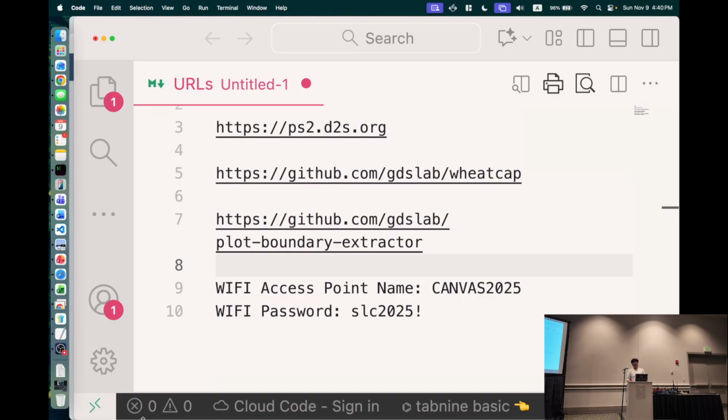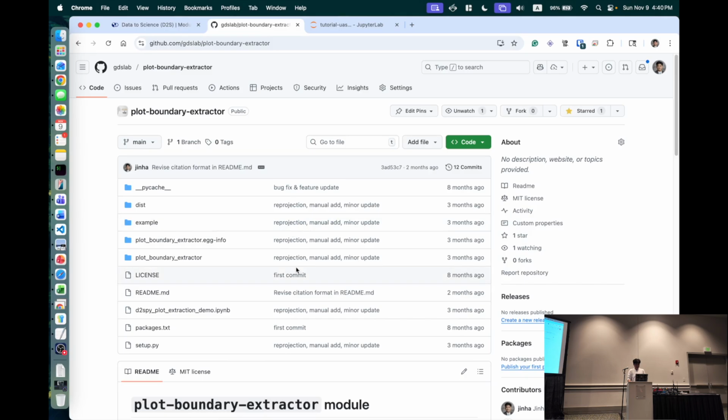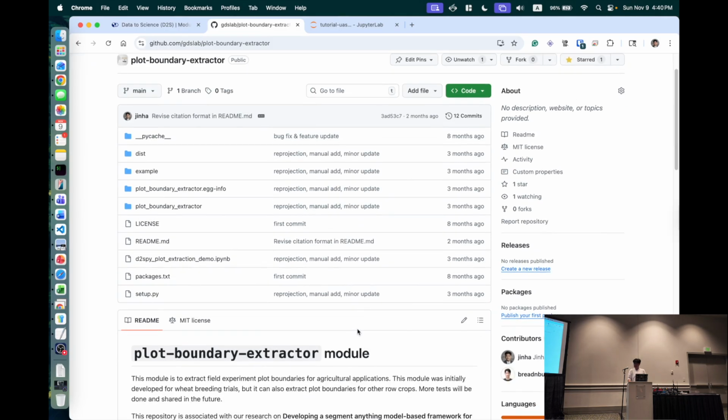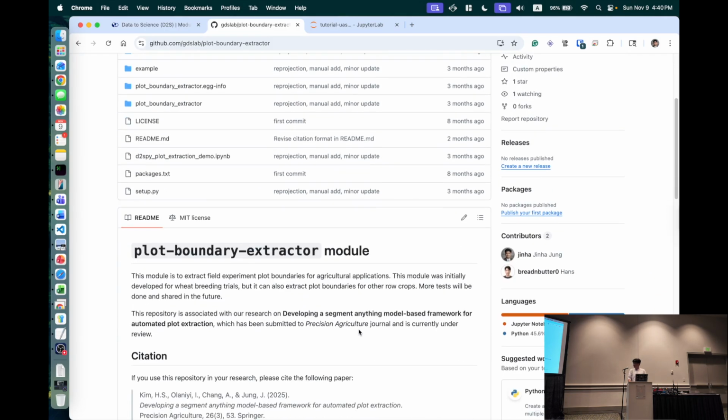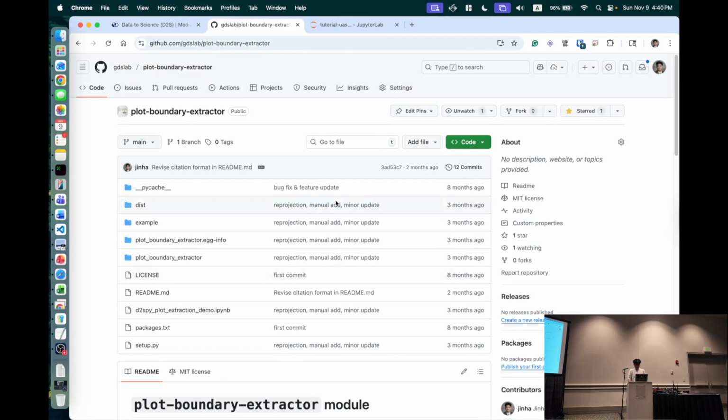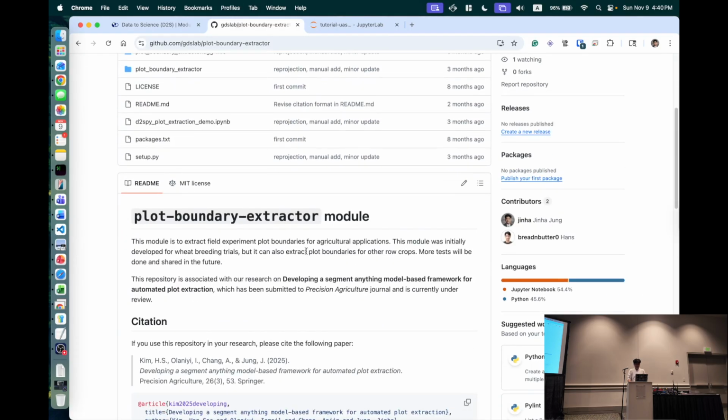I don't think you guys need to follow through because there's a ton of packages to install. So I'm not expecting you guys to follow what I'm doing, but this is the GitHub repo where we publish this module. This should be a public repo, so everybody should have access to it.